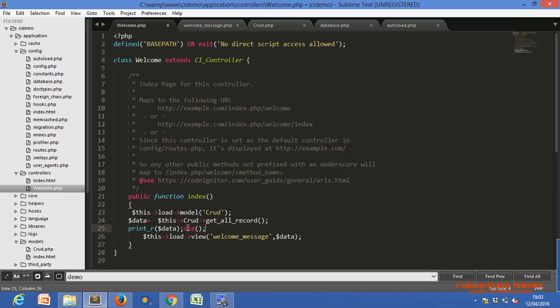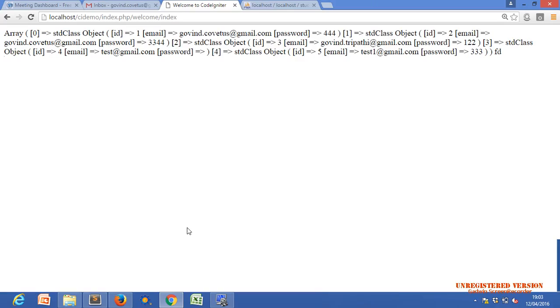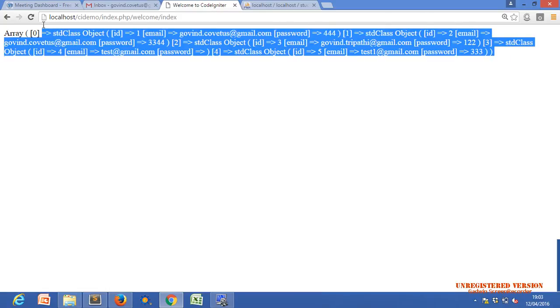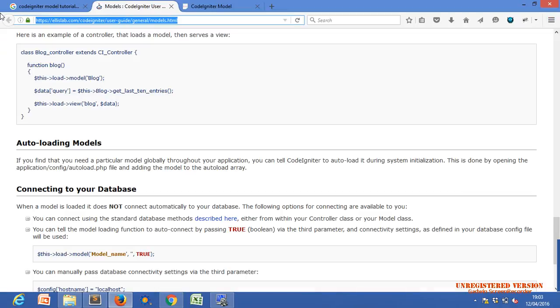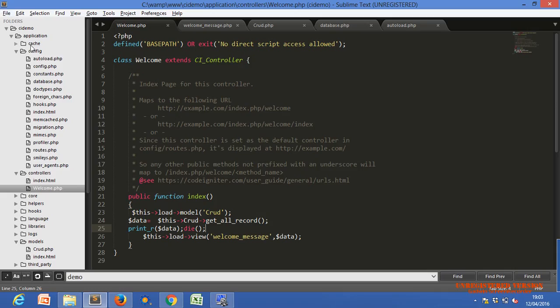Let's just try it. You can see these are the records. Yeah, it is not arranged in a good manner, but we have records. We have fetched our records from the database successfully.